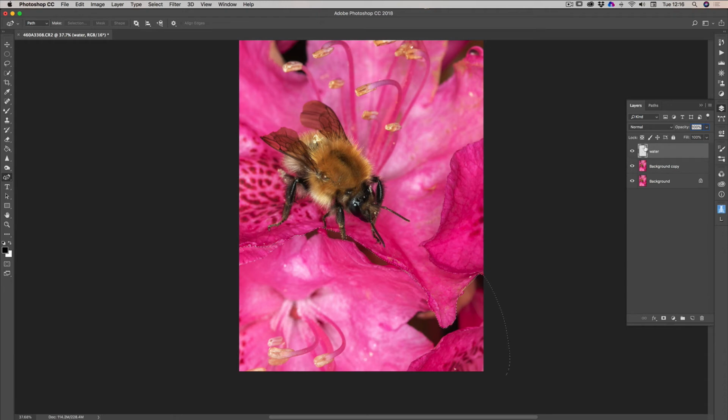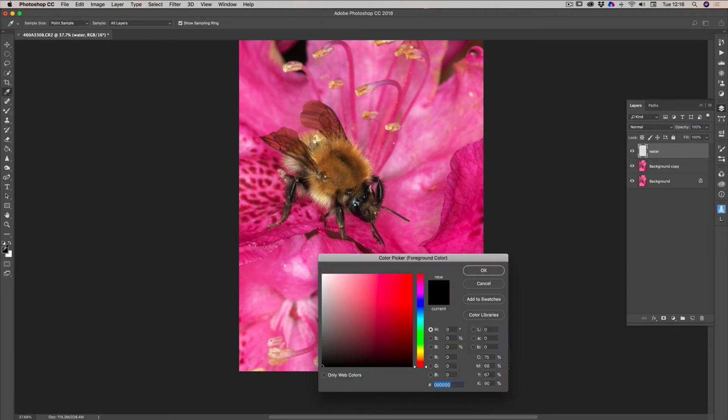I'm on the water layer. Now what I'm going to do is to get some watercolours. So obviously I want blue. So I'll go into my foreground colour picker and I'm going to select a darker blue and then go to this one. Now I want a lighter version of that blue I've just selected, and a way of doing that